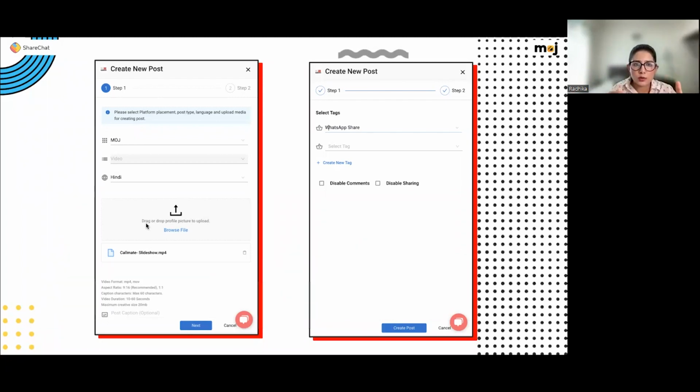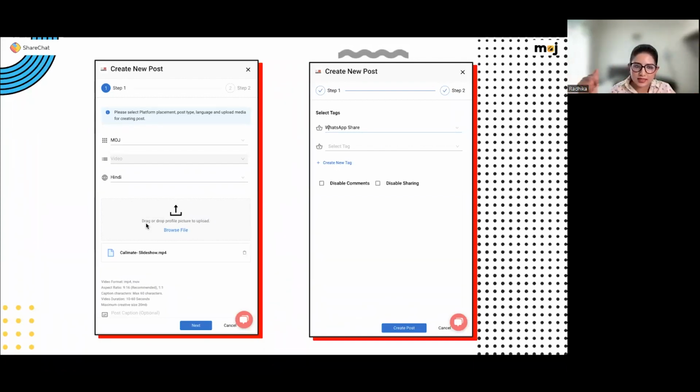Right. So we were talking about how we can create posts via this ads manager itself. Basically, there are two main steps involved. The first step is your basic details: which app you want to publish on, what the format of the media asset is, and what languages you want to target. When we say which languages you want to target, it basically shows this post to people who have selected these languages during their sign up as well.